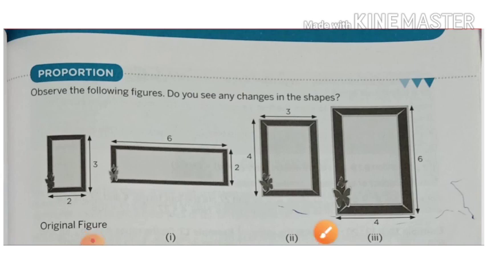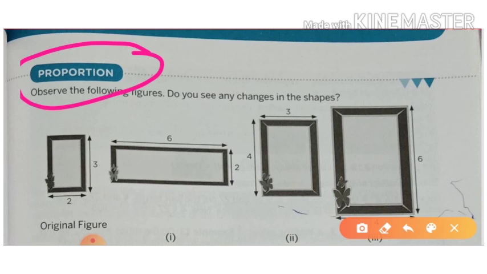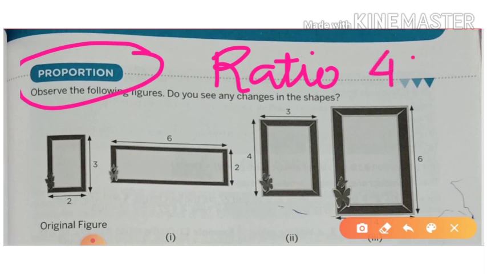In this video we are going to learn about proportion. In our previous video we have learned about ratio and how to write a ratio and different ways to express a ratio. A ratio we know how to express. We write the number and then we put a colon, like this. So this is the way a ratio is expressed, and it is read as 4:3.